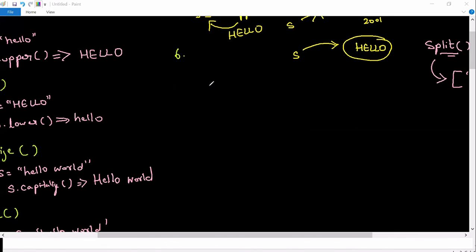Did anyone get it, guys? No, Shikawat, the split alone will not help you in this case. But slicing, that's what.